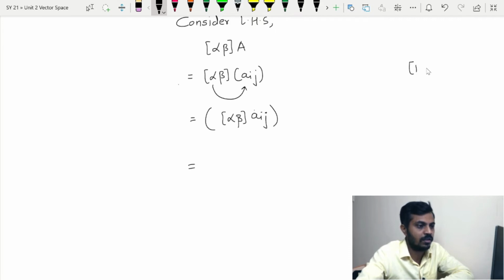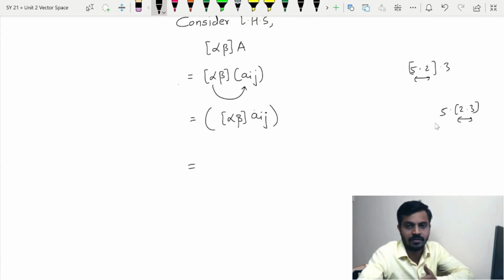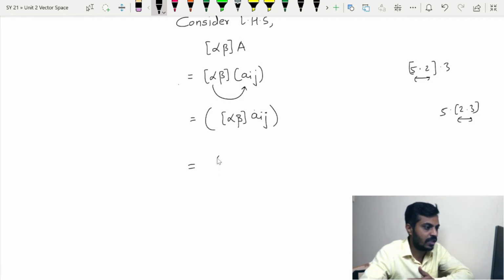It is like this, 1 2 3, so 1 multiplied by 2 multiplied by 3. So multiplying 1 2 first or multiplying 2 3 first, instead of saying 1, let us go for some other number, 5 and 5. Multiplying 5 2 first or 2 3 first, we are going to get the same result. So in that way I will change the brackets, alpha times beta a_ij, and which is equal to,